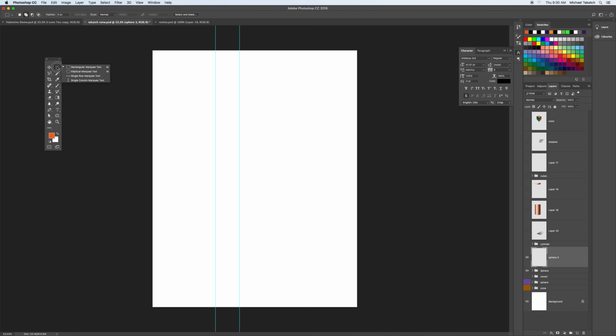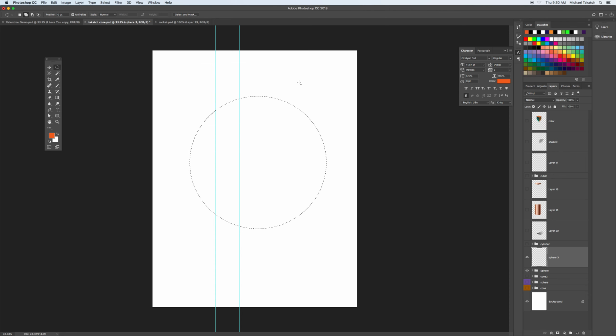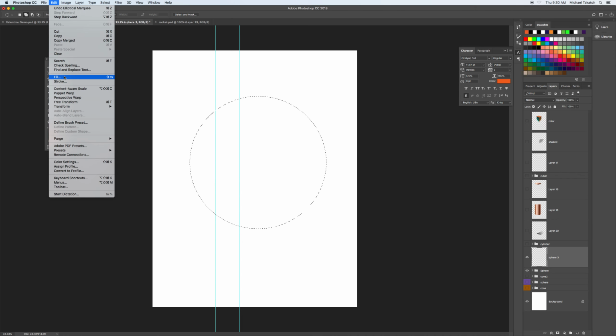So real quickly, just taking the rectangle marquee selection and going into the elliptical piece, drawing a selection. If you hold the shift key down, just like in Illustrator and most of the software, gives you this selection, the marching ants, the texture going around, and any color that you choose from your color palette. Clicking on these colors will give you the color picker. Just clicking OK, and Option Delete, or if you go to Edit Fill, it'll show you this